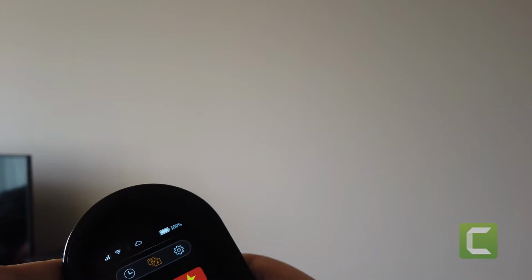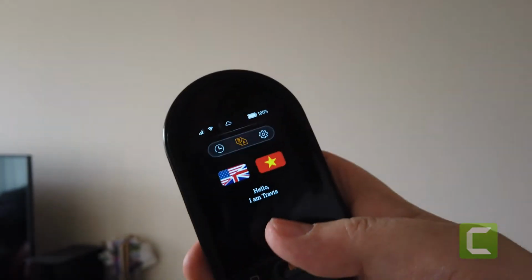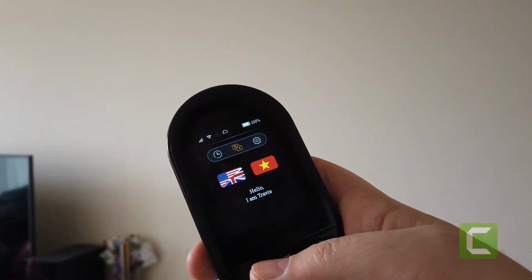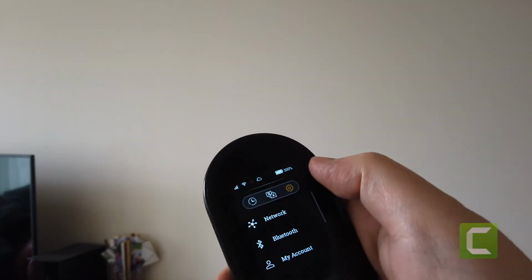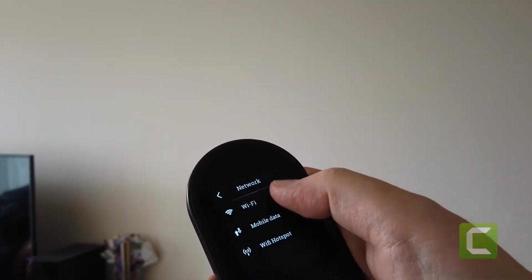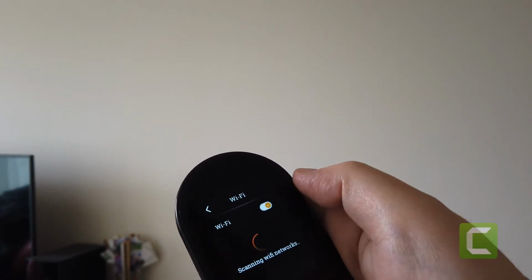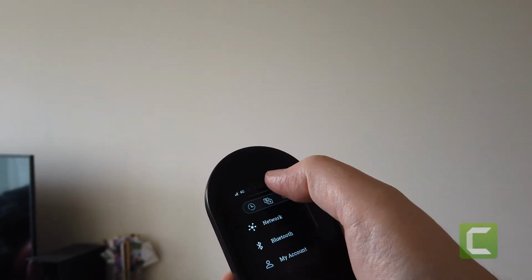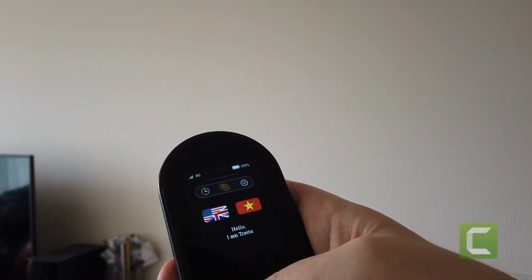Now, the key point is that Vietnamese only appears when it has network connectivity. It is not stored in the device. So if I switch off Wi-Fi, all the Vietnamese options, actually Vietnamese as a language, will cease. It will disappear from the menu. So let's actually try that. Let's do network, Wi-Fi, and we can switch the Wi-Fi off. Okay, so switch the Wi-Fi off, and then you notice a whole load of languages basically disappear